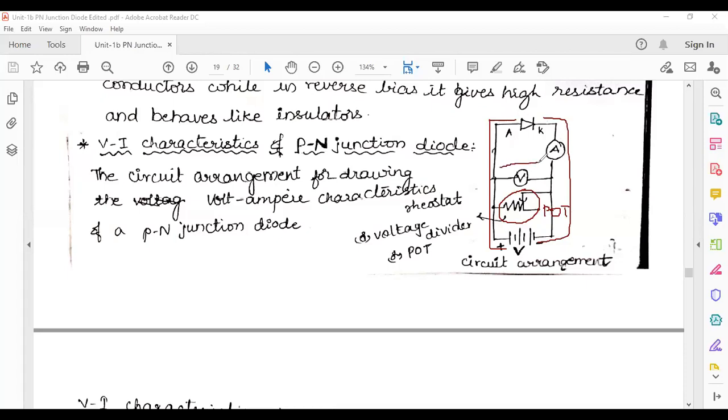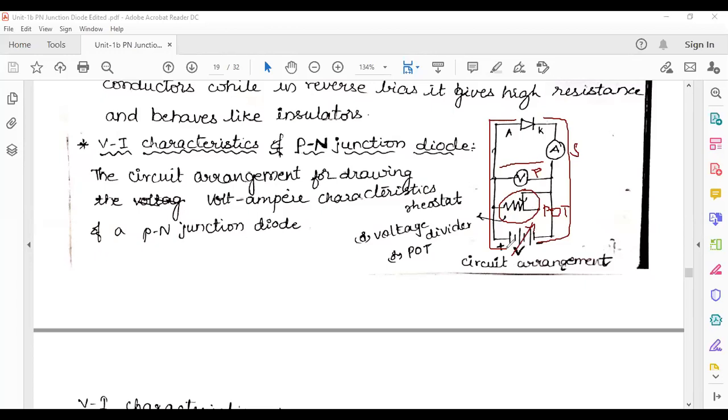This is connected in parallel, whereas this is connected in series, and it is connected in parallel like that. Here one part is connected in order to vary this voltage. To vary this voltage I am placing this pot here. The variation in this voltage is made by using this potentiometer.